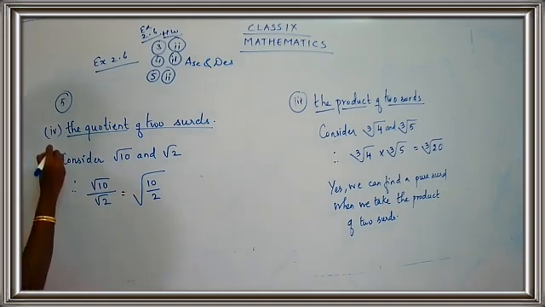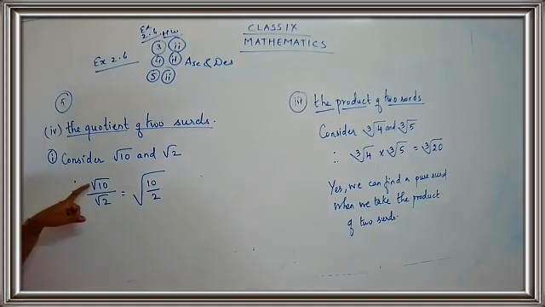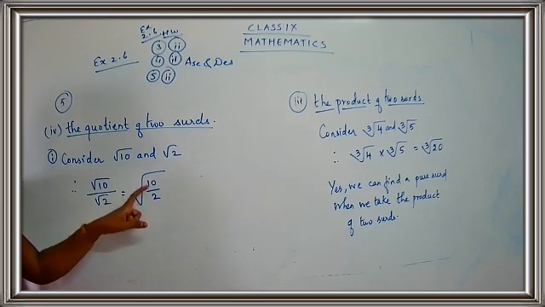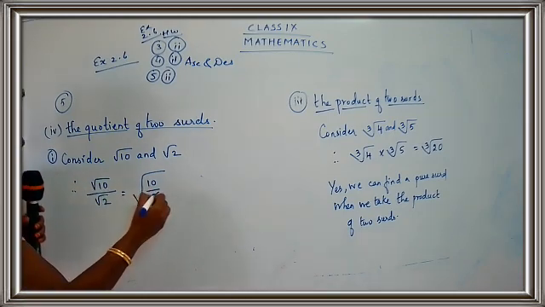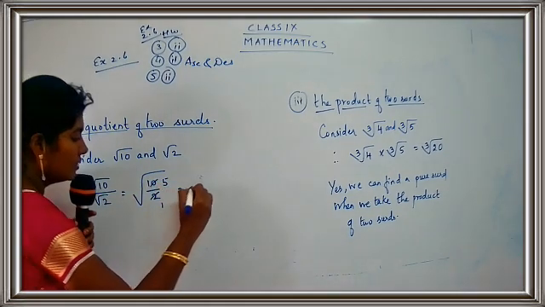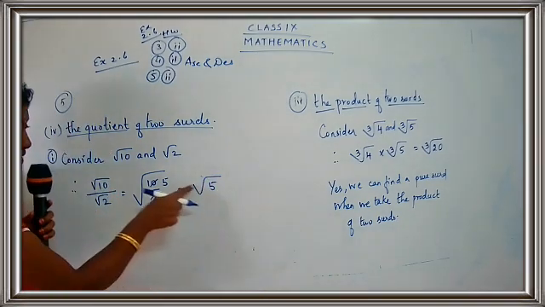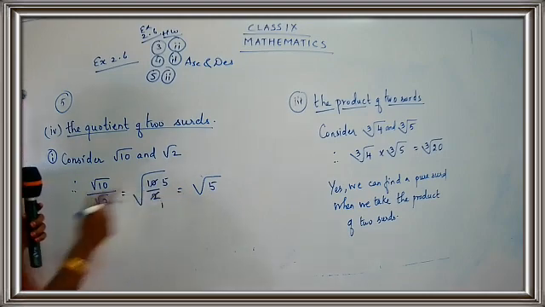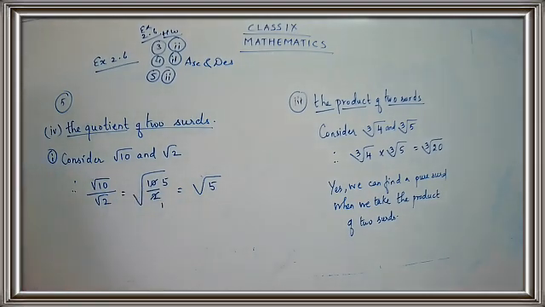I'm just going to give you two examples for this. Okay, children? So square root of 10 upon square root of 2 can be written as a common square root of 10 upon 2. So what is the answer? 2 ones are 2, 2 fives are 10. So it's square root of 5. Is this a pure surd? Yes. Why? Because the coefficient is 1. So we considered square root of 10 and square root of 2, and when we take the quotient of these two surds, I got the answer root 5. Okay, come on, let's take one more example over here.